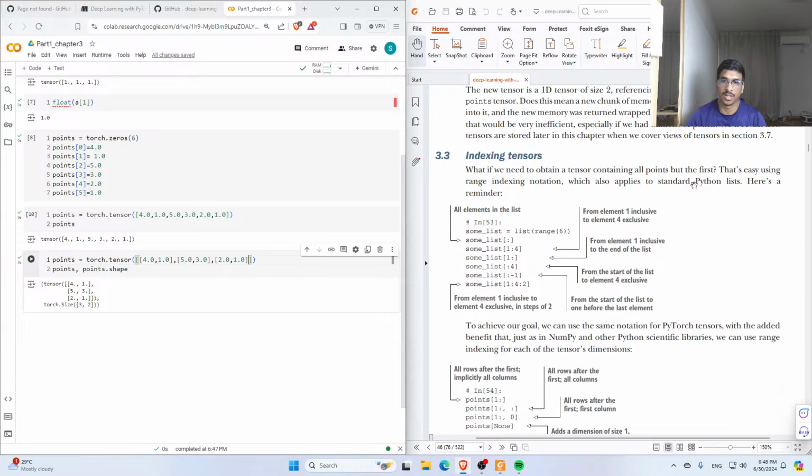Indexing tensors. What if we need to obtain a tensor containing all points but the first? That's easy, using range indexing notation, which applies to standard Python lists. Here is a reminder. लिस्ट रेंज राखेर निकाल्नु खोजेको।